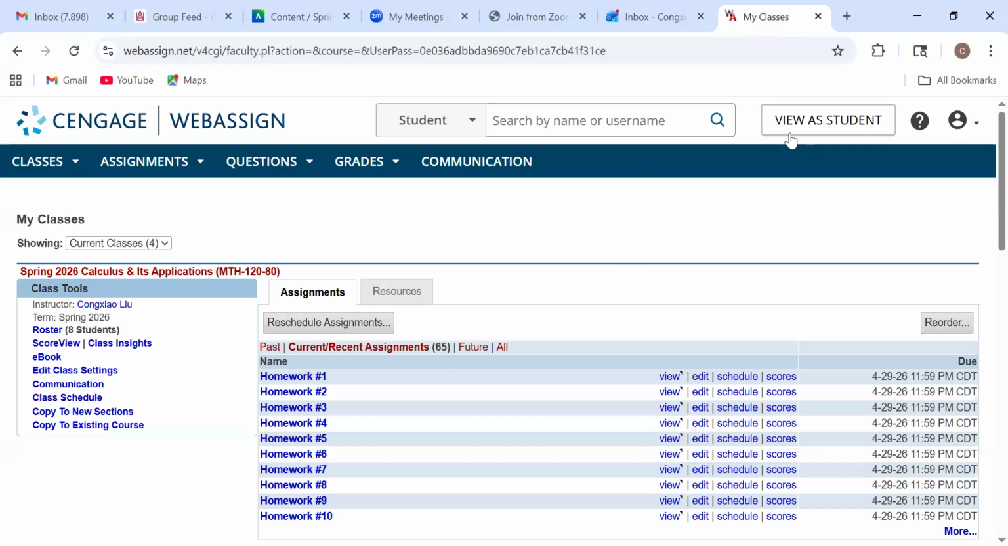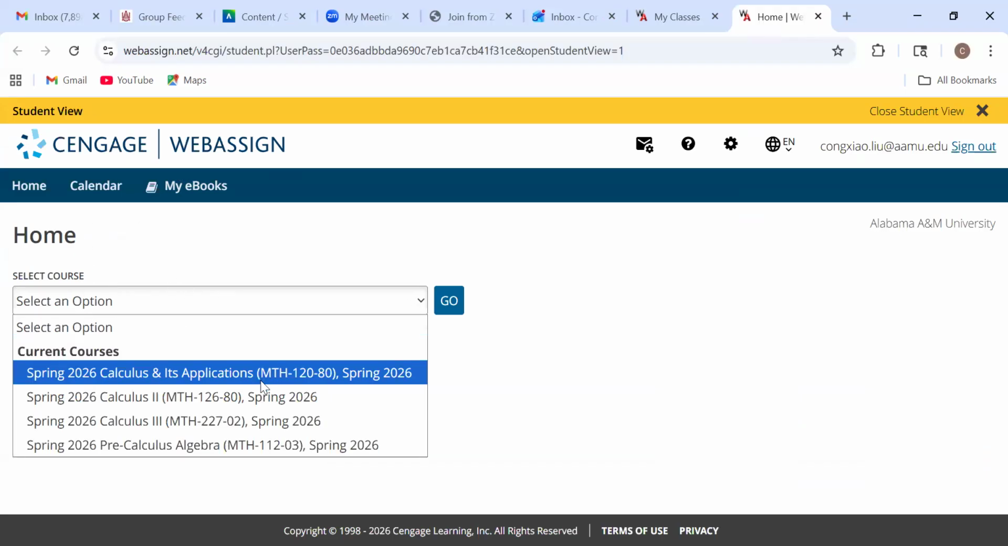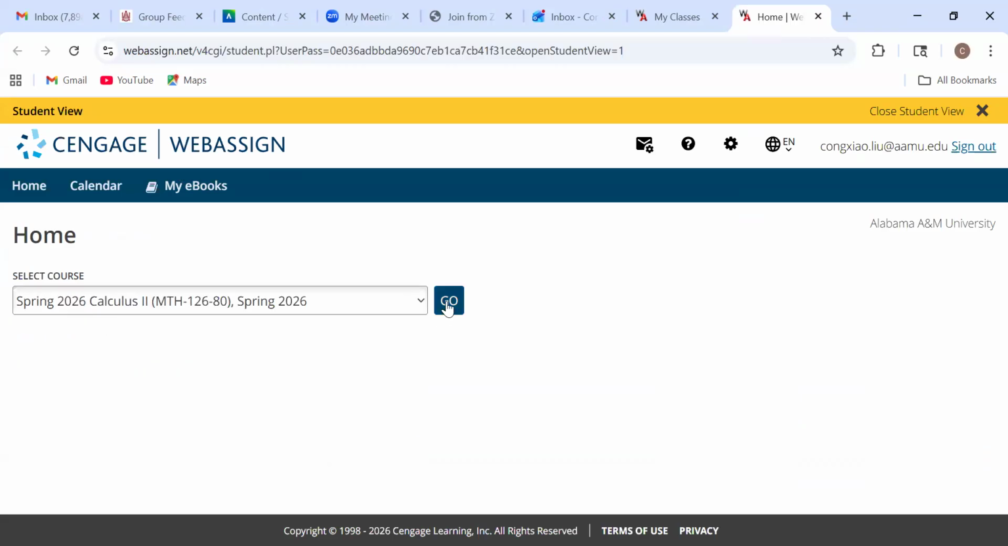But let me just show you what it looks like in website once you log in. So the student view. So you can just see this home page and just choose the course. So in our case,